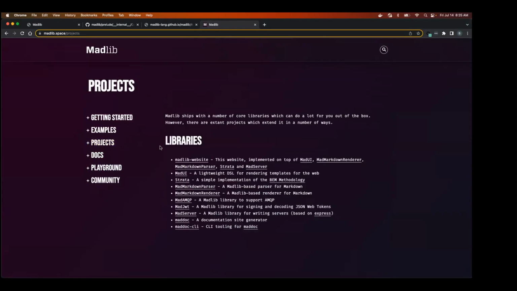It's also one of the things that's both exciting and frustrating is how many things we've built, but also how many things we still have to build. So this website is built with Madlib, and it leverages most of these. We had to write our own markdown parser and renderer.